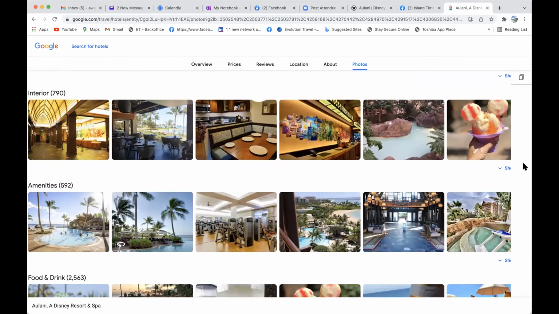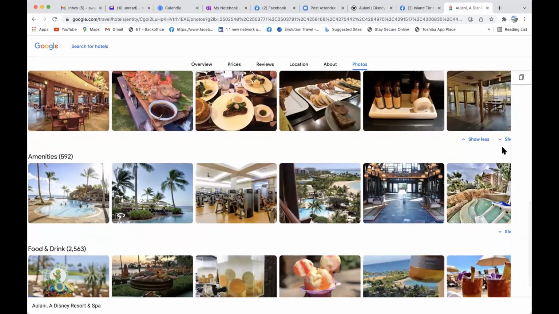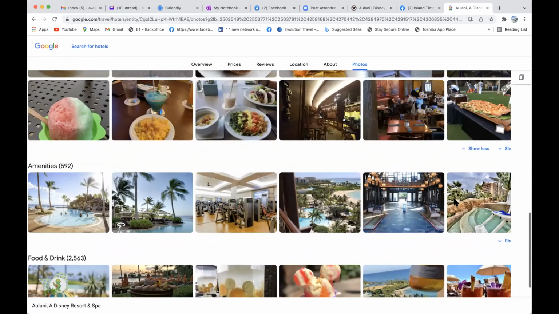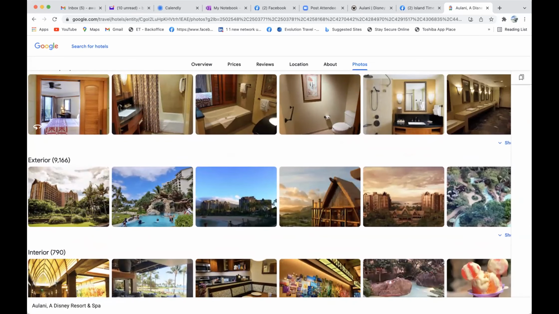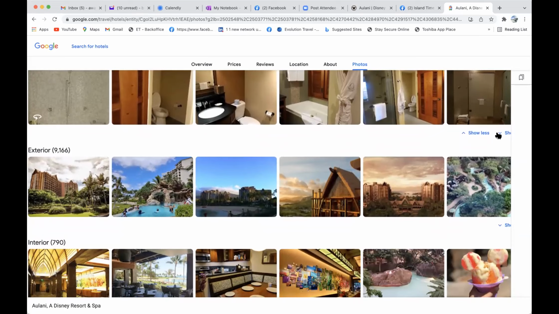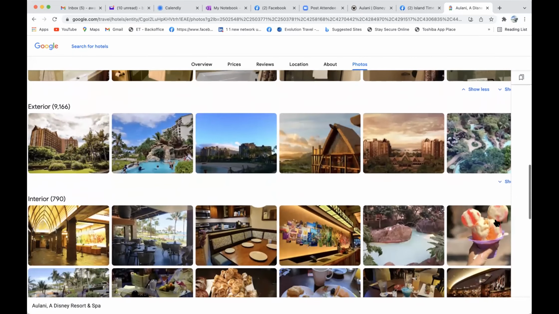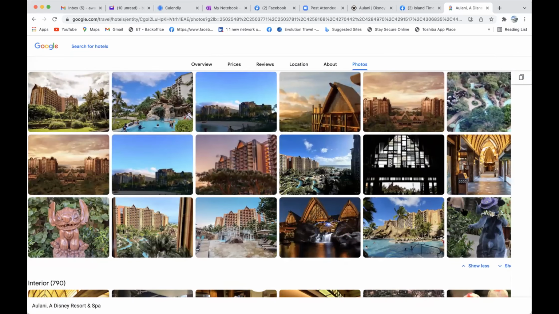No, because we didn't go into them. Okay, there's all the food. There's all the more amenities, food and drink. Interior, exterior. Sorry. Oh my goodness. Okay. Exterior. That's all the interior. Interior. So we want the exterior stuff,